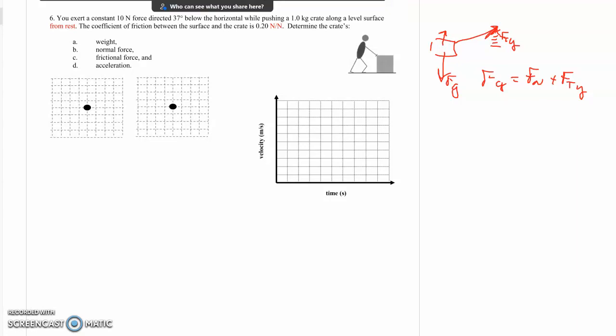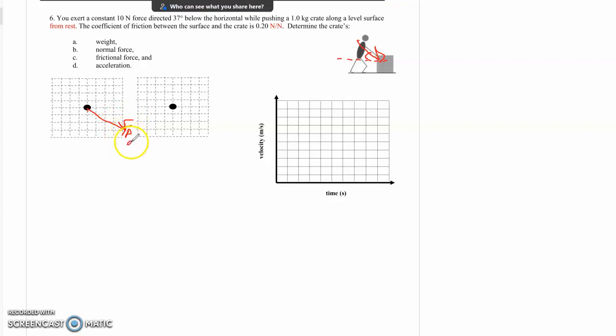But now the same sort of thing is happening, only there's a pushing down, right? So you exert a constant 10 Newton force directed down, right? And there's the theta, and we just assume it's like that. And so what's true here is that there's a down force. We'll just say F push on box by person. And there's an FG